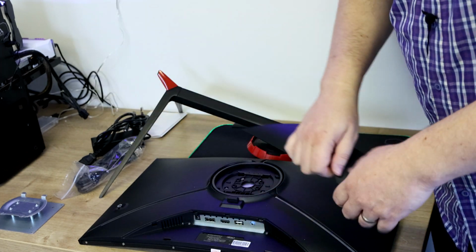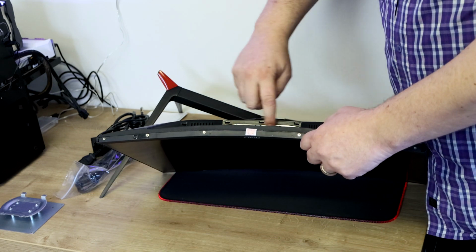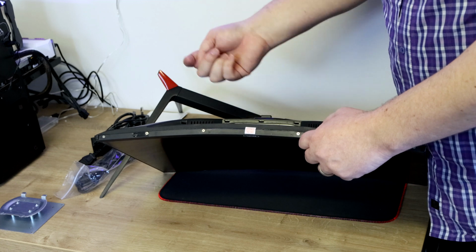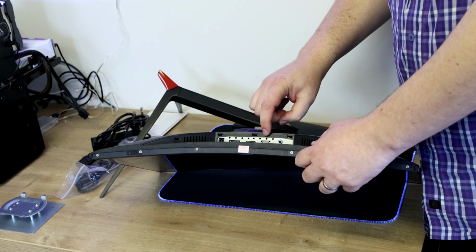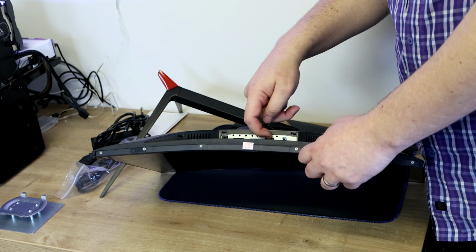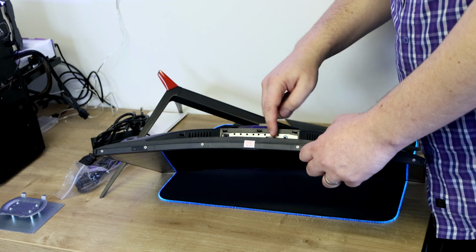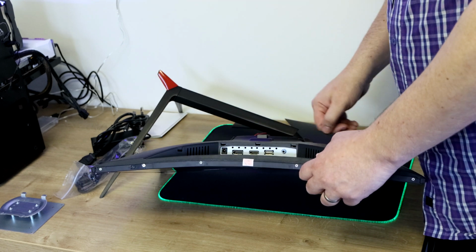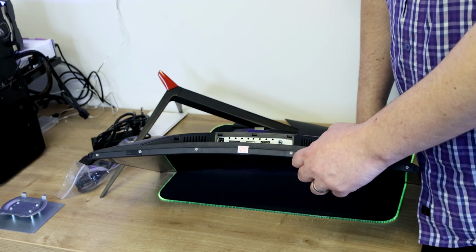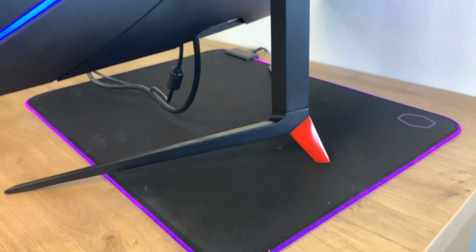Just pull that off, and there you've got all the options on there. So your power goes in there, DisplayPort, HDMI, USB. That's USB charging, so it's not like a plug your USB pen in and you'll see it on the PC. That is for charging. It takes the power from the power cable going into the monitor, so you could charge up something like an iPhone or an iPod or something along those lines, or obviously